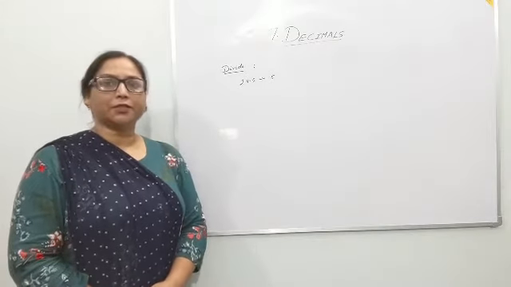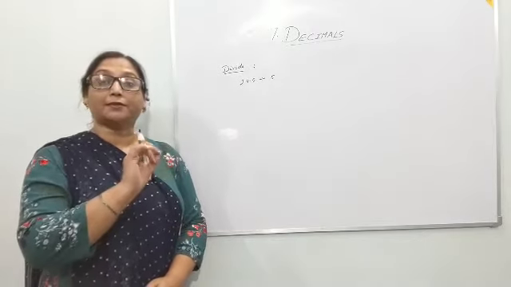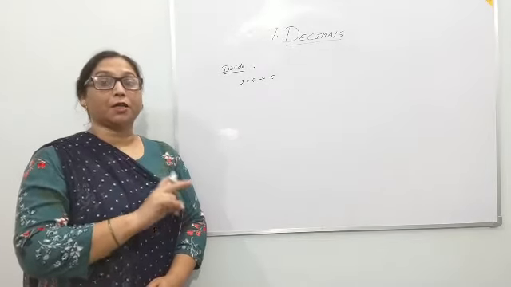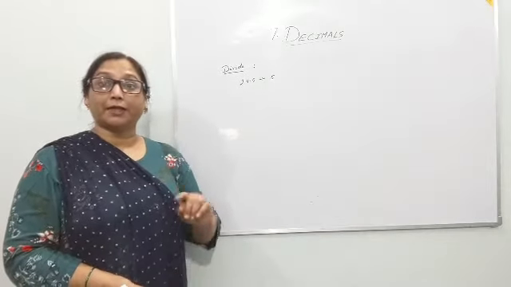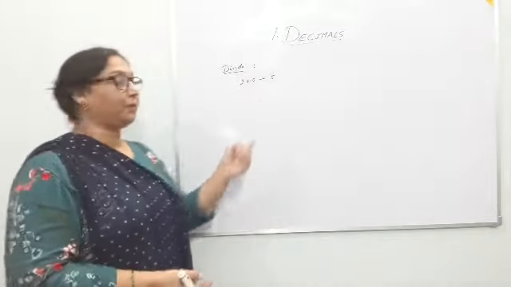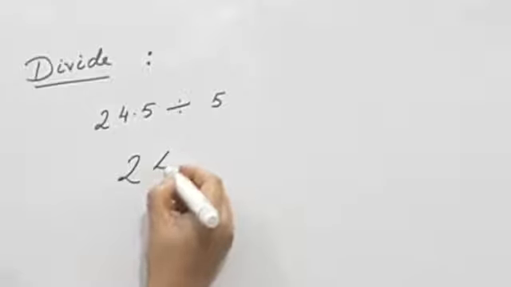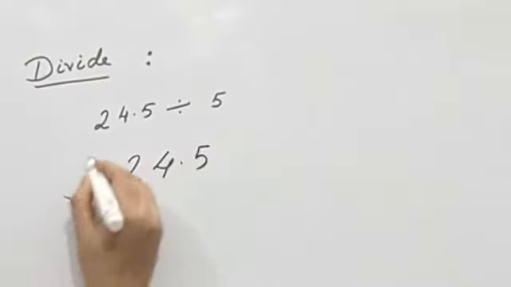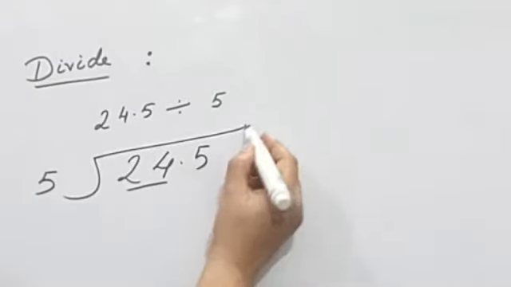It's just like traditional division of whole numbers, only the difference comes when to add the decimal in the quotient. You should be very attentive because most of the time the error comes in adding the decimal point. So let me explain with the help of one simple example. 4.5 divided by 5. Let's consider these two numbers in the first step.